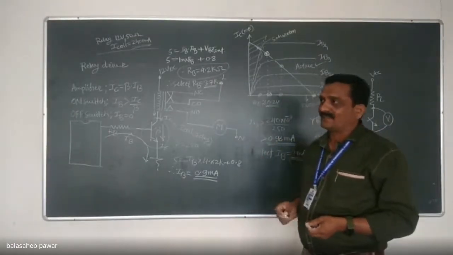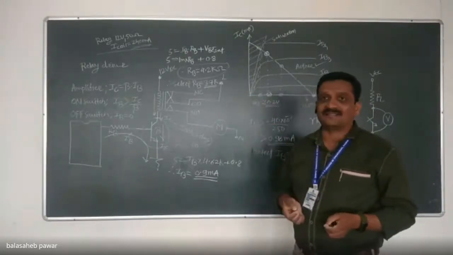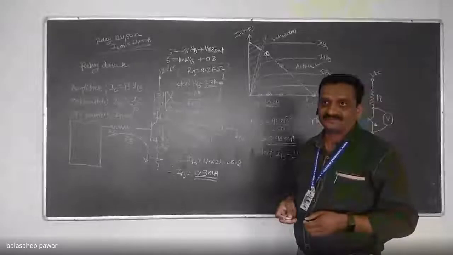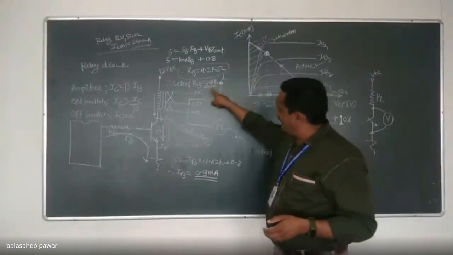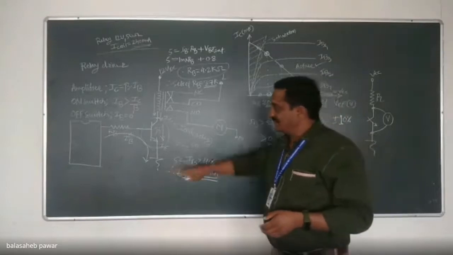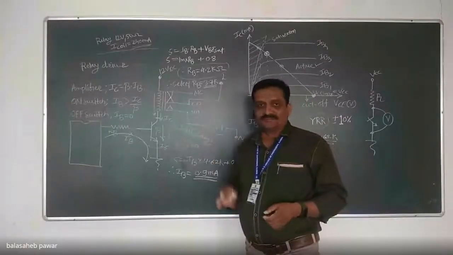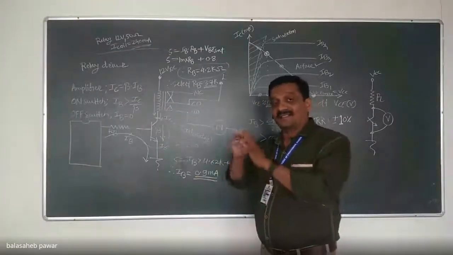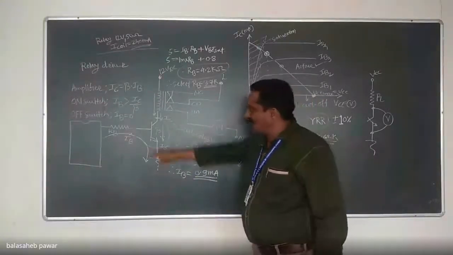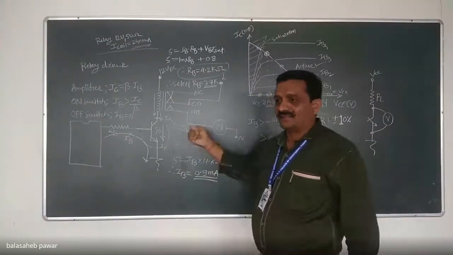But again, you have to check, will it be harmful to our transistor or not? Say, by taking 3.7K over here, and initially consider that tolerance is 0. No tolerance, that resistor is exactly 3.7K. How much will be the base current? Quickly find it out.